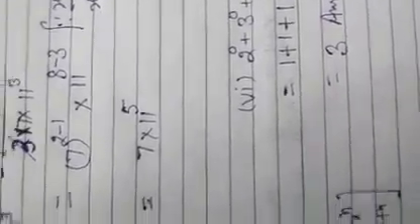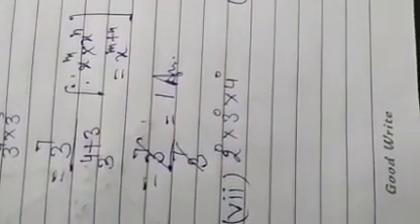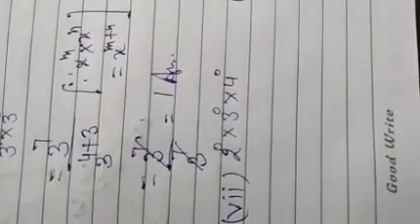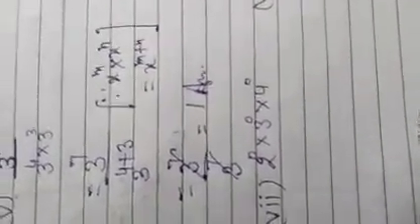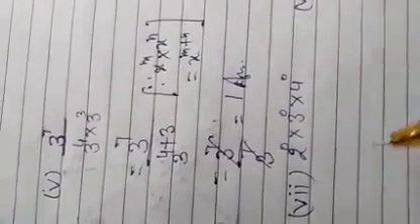Now let us move to the next question. Student, in this question we have given 2 raised to the power 0 multiply 3 raised to the power 0 multiply 4 raised to the power 0. So again we have to identify which law we are going to use here. Here again power 0, it means we have to use the identity x raised to the power 0 is equal to 1. So let us start it.